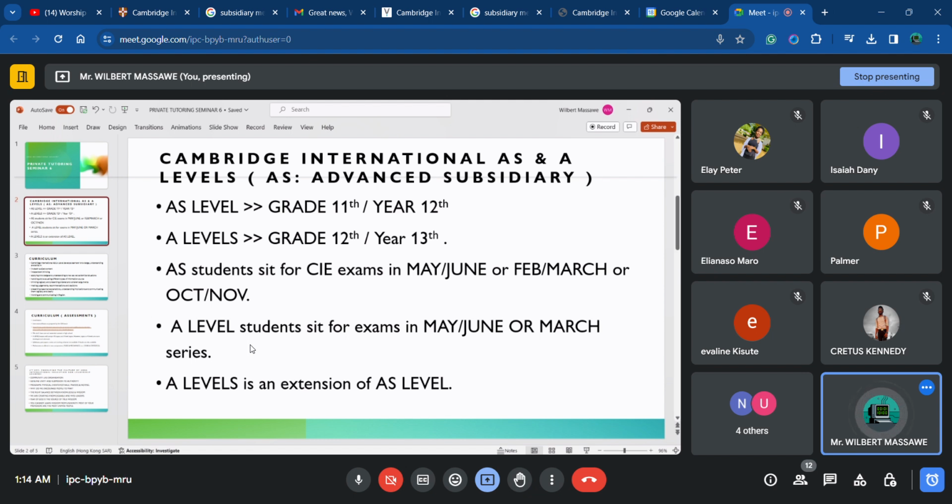Is this student in the level where they do final exams? Am I preparing this student for final exams? Am I preparing this student for a test? When is that test coming? When is that exam coming? With this information, you will know how to pace yourself and how flexible your program is going to be.